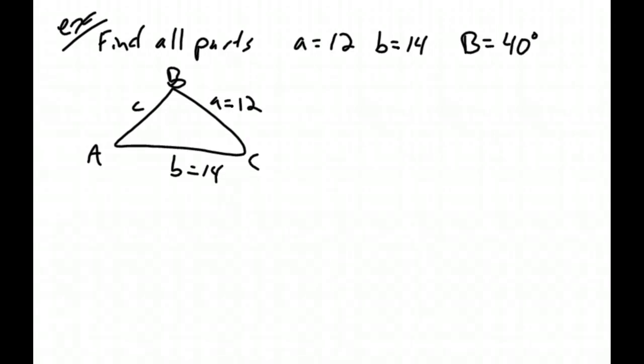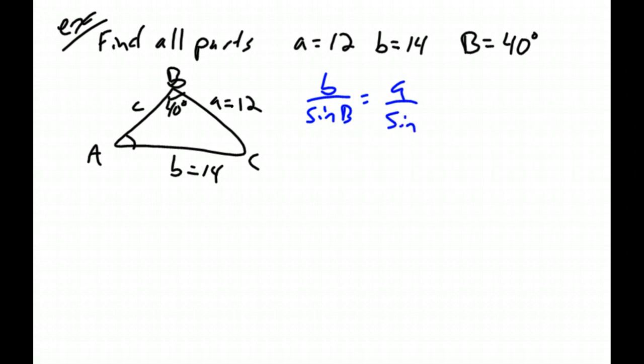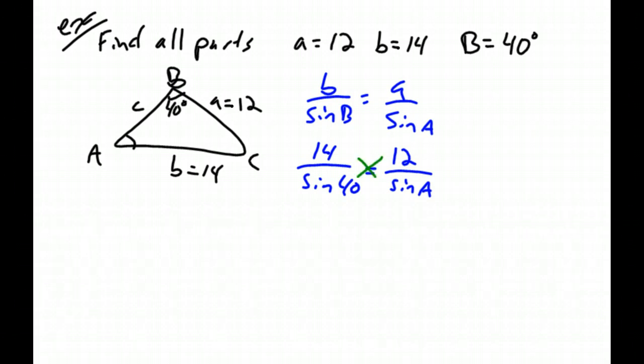And B is 40. Since I only know this angle, and I have an angle across from the side that I know, I can find A by saying B over sine B equals A over sine A. B is 14, so I can say sine of 40 degrees, because that's what B is. A is 12 over sine A. And then by cross multiplication, multiply 12 and sine 40,